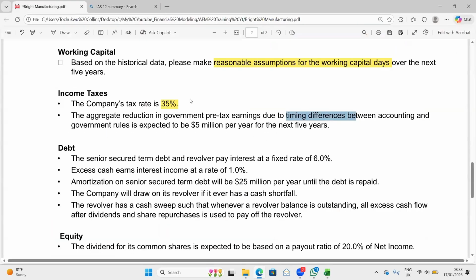So most times when we compute our taxes in the corporate world, it's different from how the government computes theirs, right? Sometimes the government wants you to depreciate your asset faster while you are taking your time to depreciate it, or the other way around. So most times there's a timing difference. So when you say aggregate reduction in government pre-tax earnings due to timing difference, we'll look at it later,